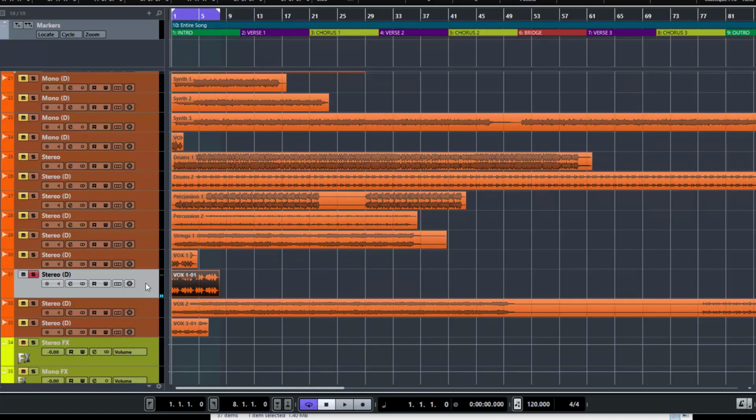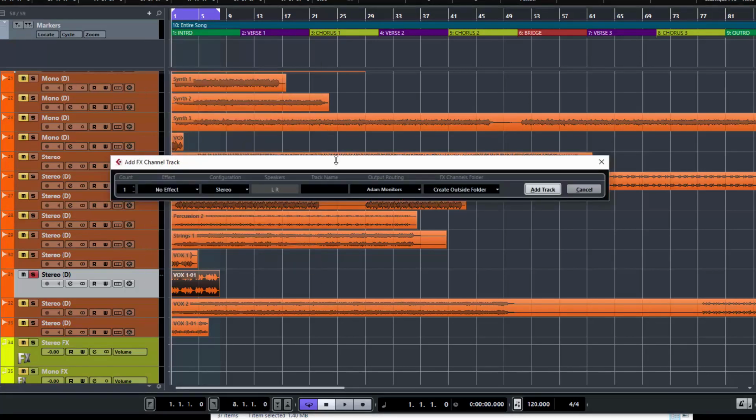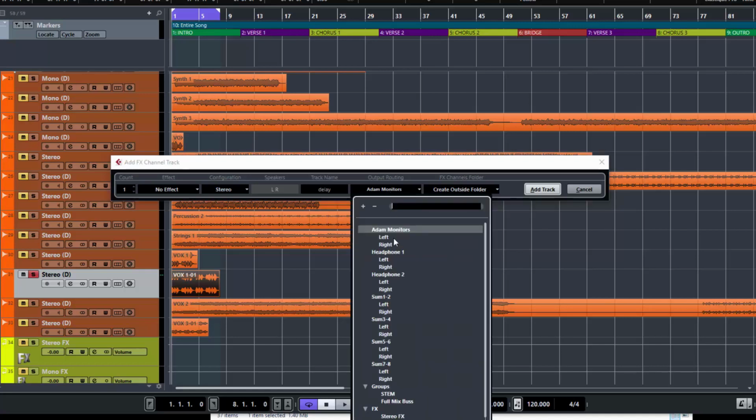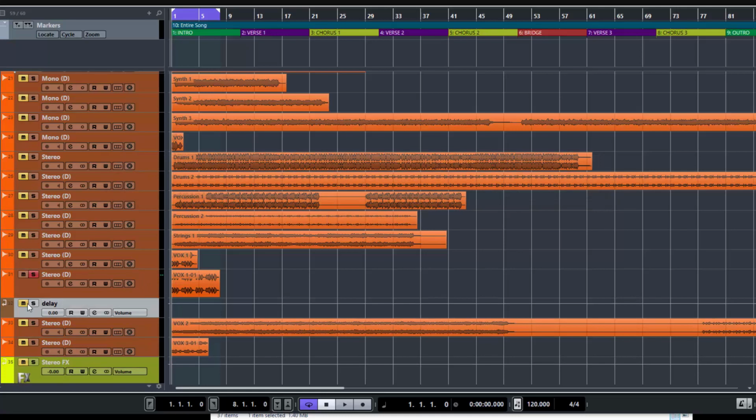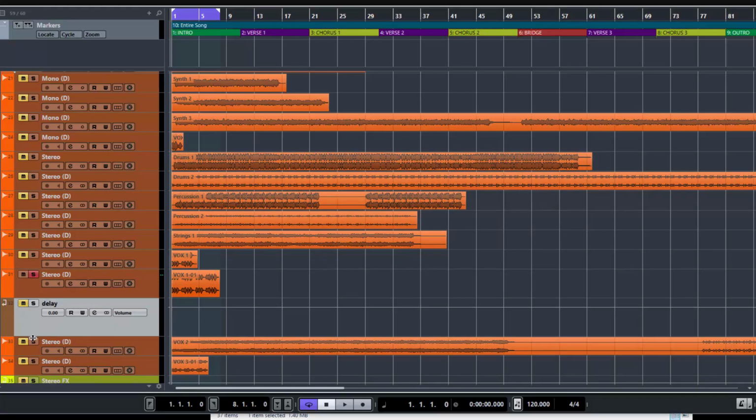So our first step here is to create our parallel delay. So we're going to add an effects channel. We'll just call it delay, and we will send it directly to the mix bus and just add it in there. Okay, so we've got our delay effects track here,